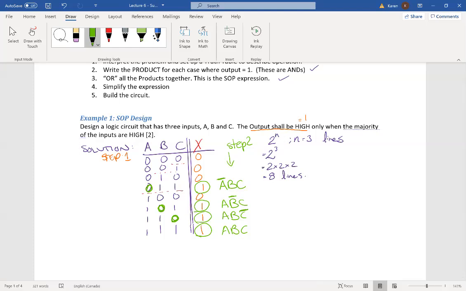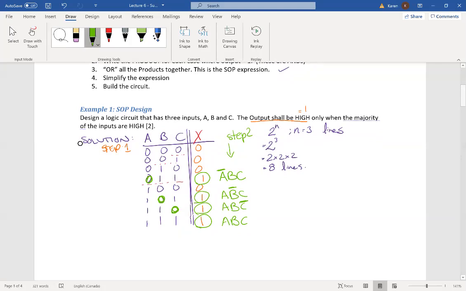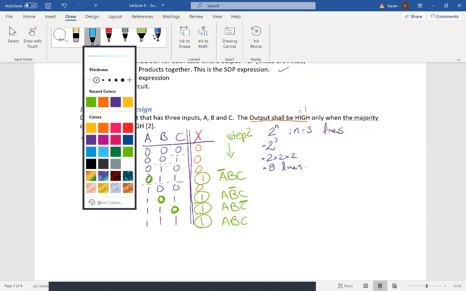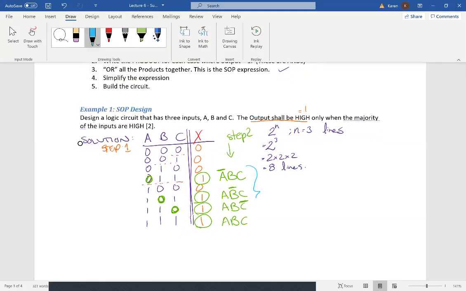And if you really want to know why, it's very well described in a document that I posted for you called Practice Problem Sum of Products. It proves why this method actually works. So that's step 2. Step 3, I'm going to write in blue, says that I should OR all the products